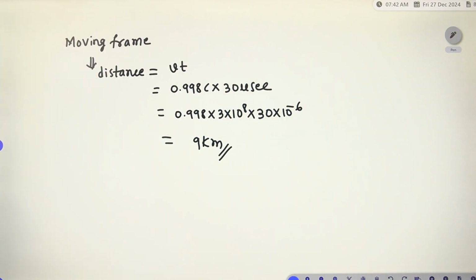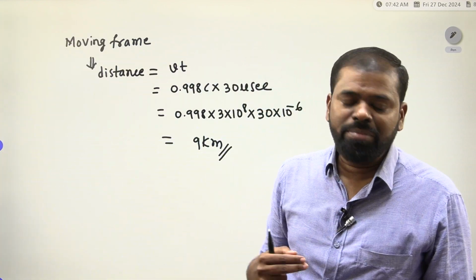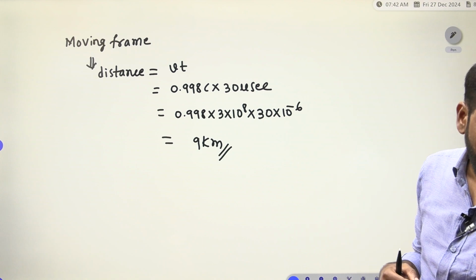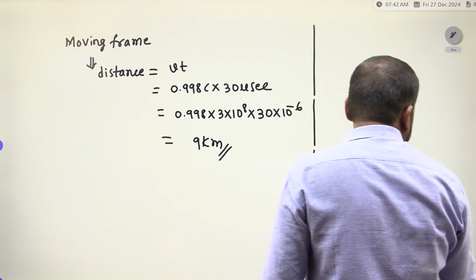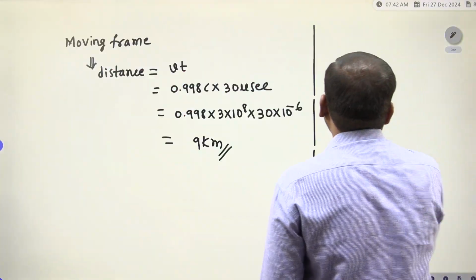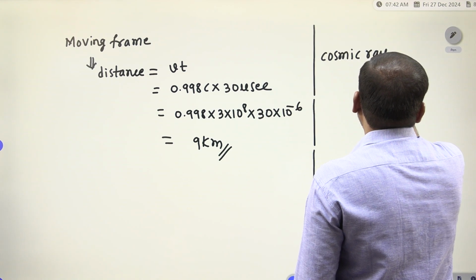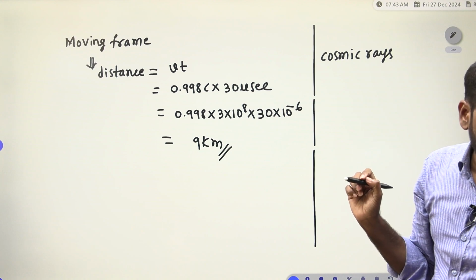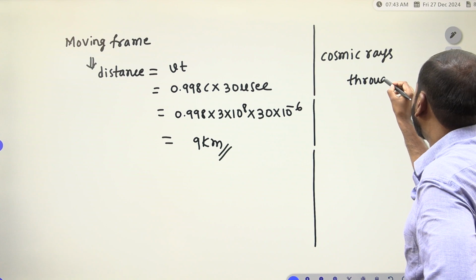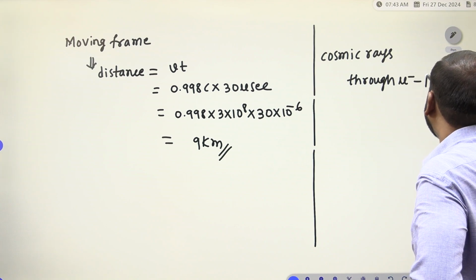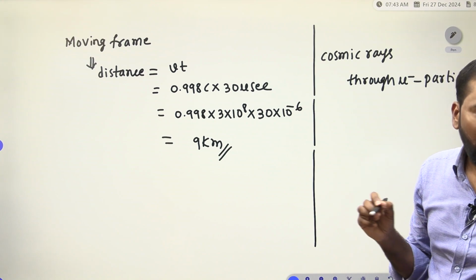So we are writing this: the distance you are getting is more, 9 kilometers. From this, what do we have to conclude? We are concluding that cosmic rays through mu minus particles appear